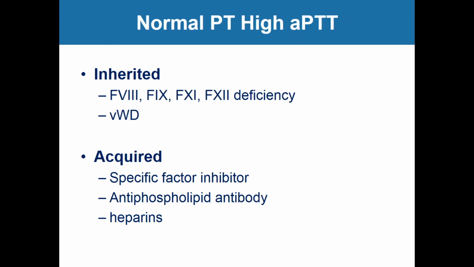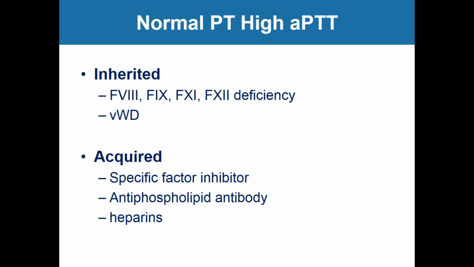If you have a normal PT but an elevated PTT, the range of inherited factor deficiencies, congenital factor deficiencies, is much larger. For an elevated PTT in somebody who appears to have an inherited bleeding disorder, factor 8, factor 9, factor 11, and factor 12 can result in an elevated PTT with a normal PT. It should be noted that factor 12 deficiency does not result in a clinical bleeding phenotype, but only an elevated PTT, whereas von Willebrand disease